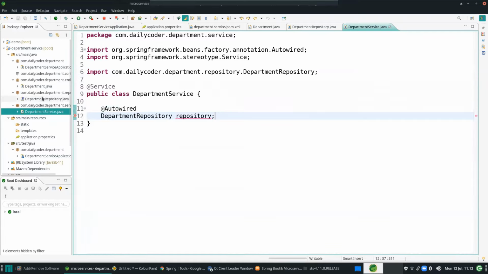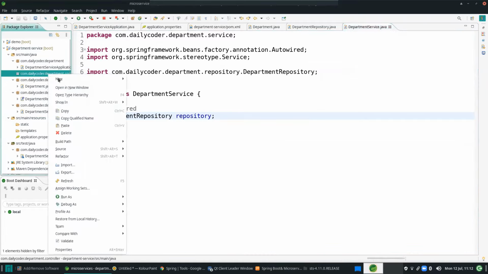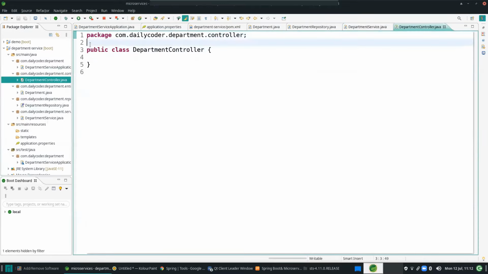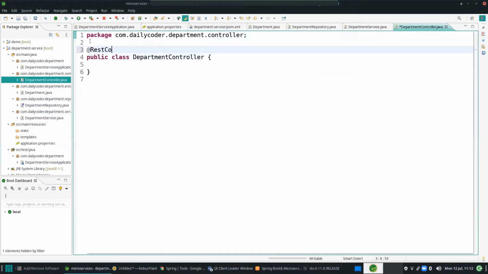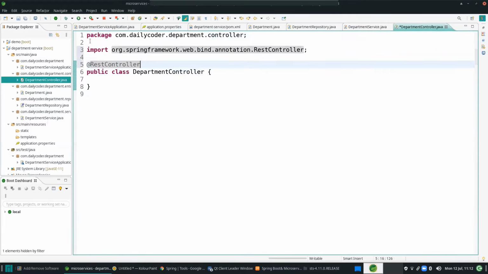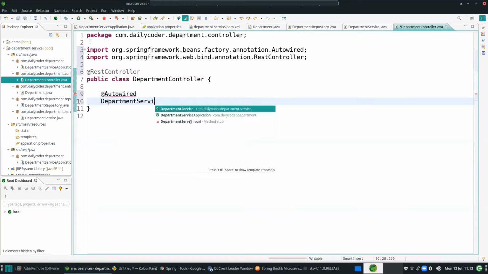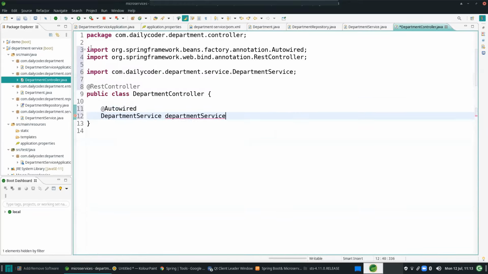Now I'll create the controller. I mention this as a REST controller because I want to create one REST service. Now I want to inject the service here, department service. Now I'll create one method where I can save the department.